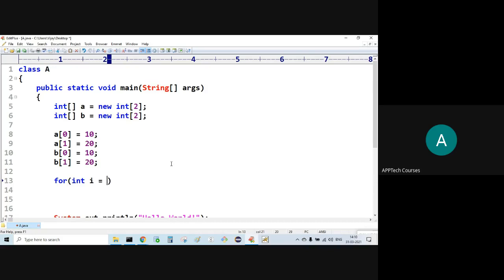If i is equal to 0, let's say it is starting from 0, i less than 2 or 3. One more array.